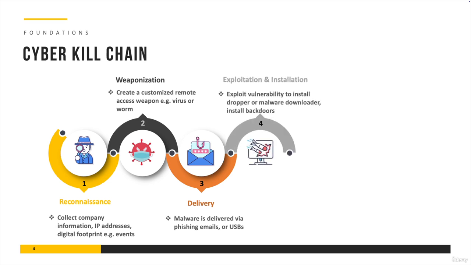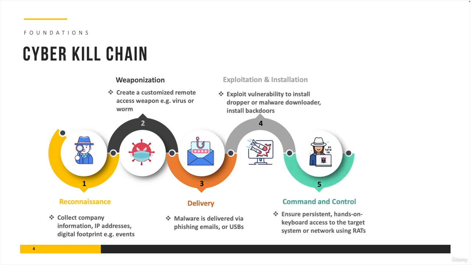The next phase is then, once the exploit has been delivered to the target, we basically start the exploitation and installation phase, where the malware tries to exploit some vulnerabilities to get installed on the system, and possibly even install backdoors so that it can remotely communicate with a command and control station. So the next step is that once the malware has been installed, it has opened a backdoor, it maintains communication with the command and control station so that they have persistent and hands-on keyboard access to the target systems